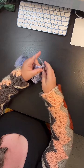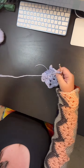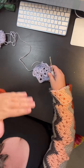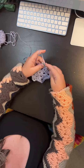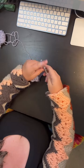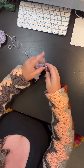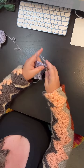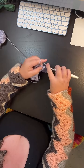total of 8. So the numbers that you see in the parentheses on the pattern, the number in parentheses is 27. So the next time I repeat and I get back to row 4, it'll be 27 per side. Single crochet, chain 2, single crochet, and then 6 single crochet across,